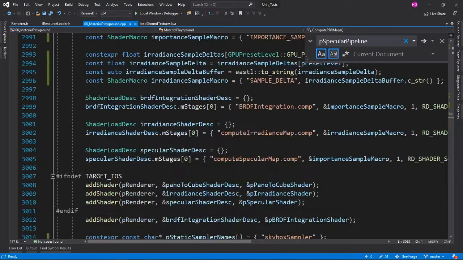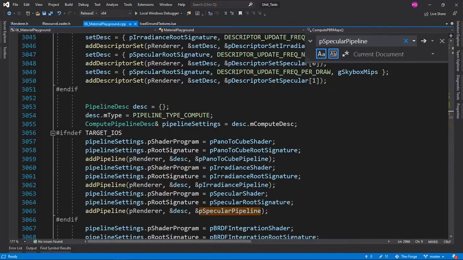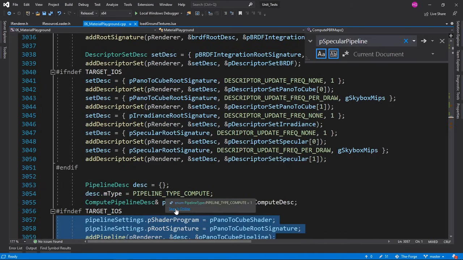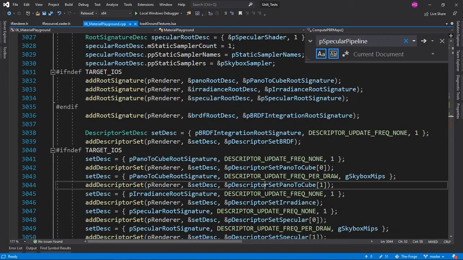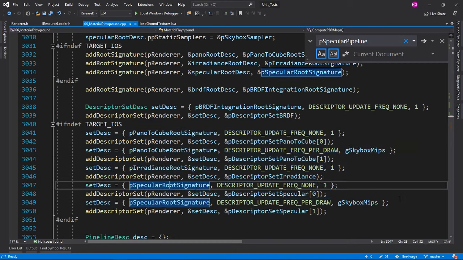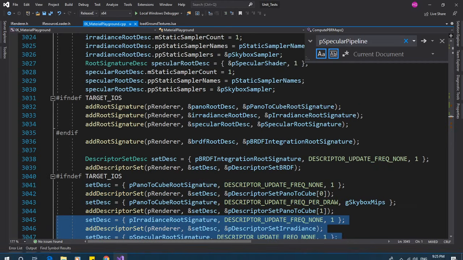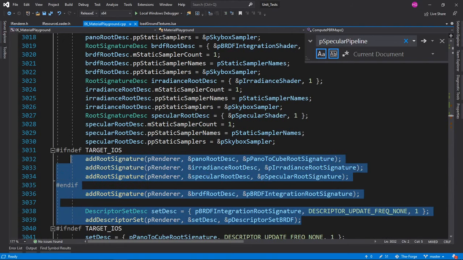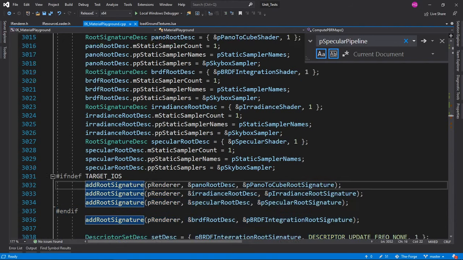If I'm reading it through here, for the panoramic to cube map pipeline, to understand what this does, I'm going to have to ignore these two, ignore these ones here, ignore that, this, those, except that line.